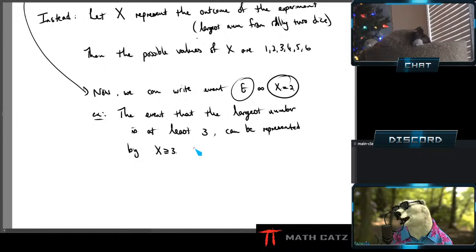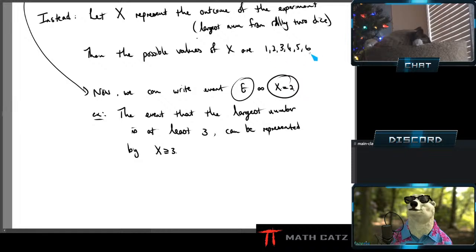I don't have to define new letters, new events. I can phrase them using a single variable. Okay. So now this variable x, though you can rename it, in this case x, has more than one possible